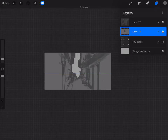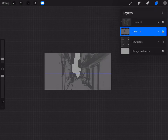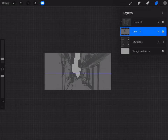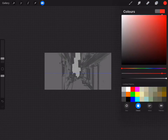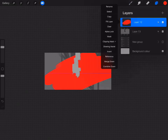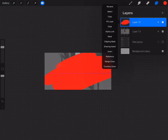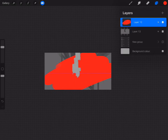Now you can actually make this layer a clipping mask of that one. A clipping mask layer means that whatever you draw in this one will only show with layer content of this part. It's a horrible way of describing it. Let me just show you. If I draw this now, and it wasn't a clipping mask, it would cover that part as well, but because it's a clipping mask, it used this layer as a mask for what it's showing here,